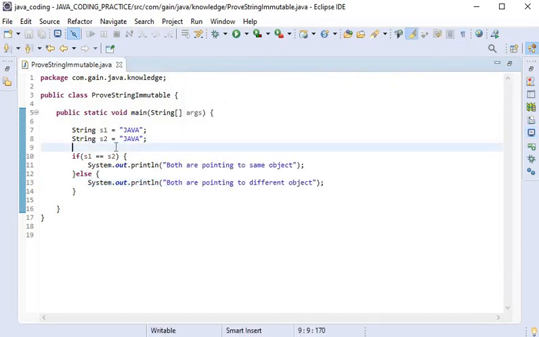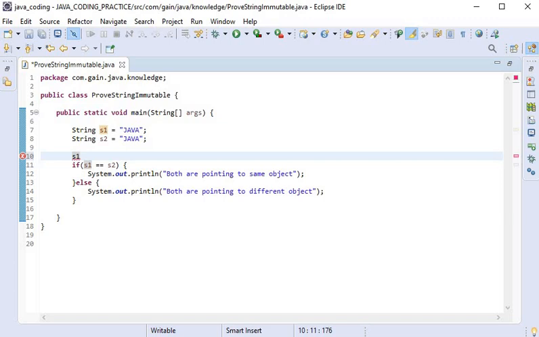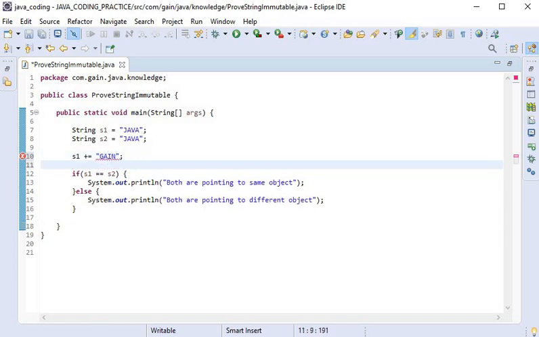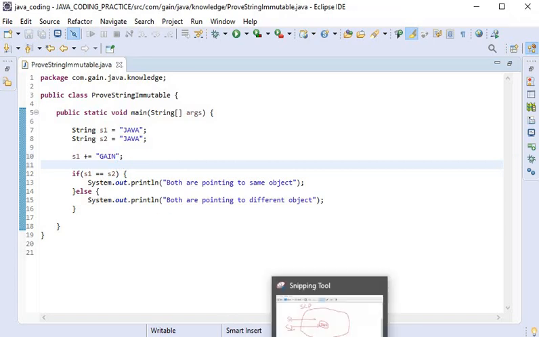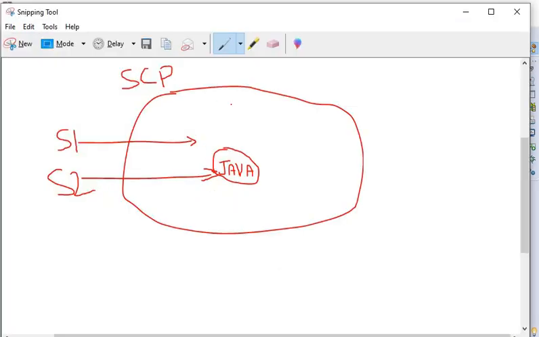Now I am going to modify the content of string s1. So here I will use s1 plus equals gain. I have added gain to Java. Now when s1 is equal to s1 plus gain, a new object will be created with the new content, Java gain, in the string constant pool area.